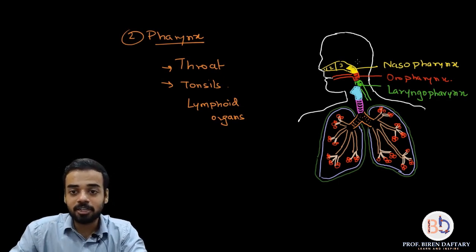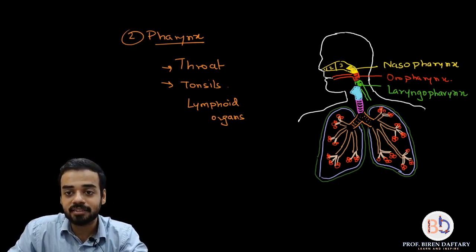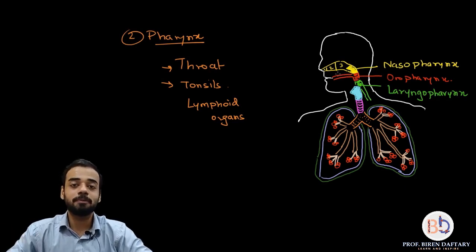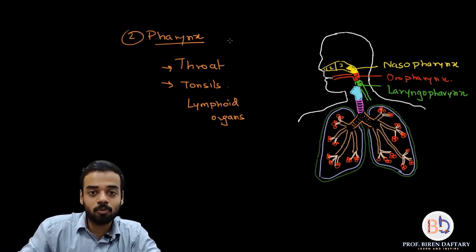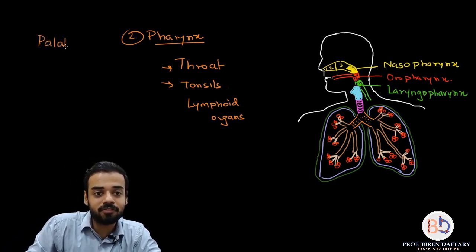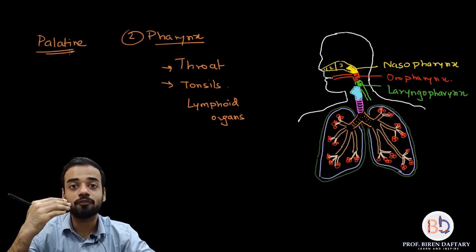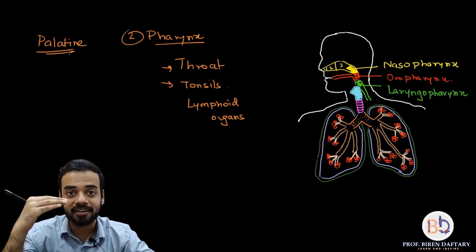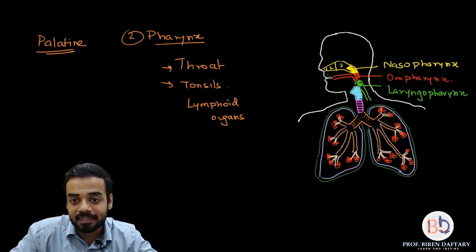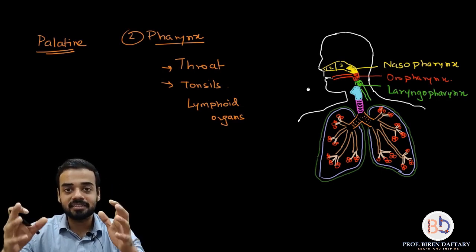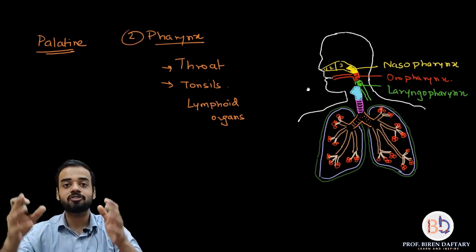Another thing is, between the nasopharynx and the oropharynx, the bone which is present is called the palate bone. If you remember, we have studied a bone called palatine when we were studying the skull. Palate is the roof of the oral cavity or the floor of the maxilla. It is exactly present between the nasopharynx and the oropharynx. So please remember that the palate bone is also present. That ends our second part of your respiratory system, which is the pharynx.